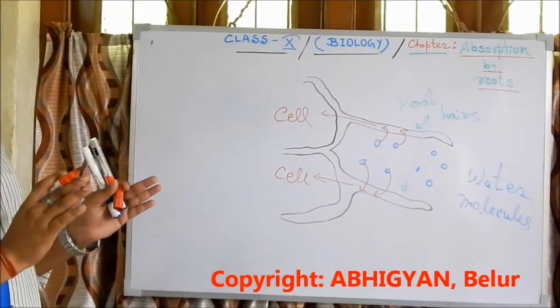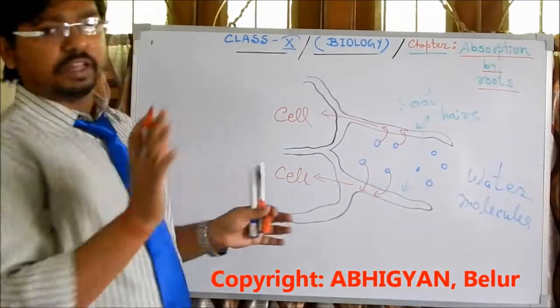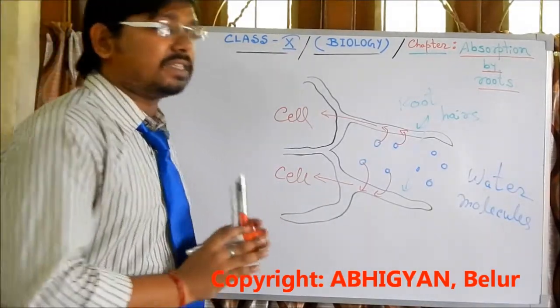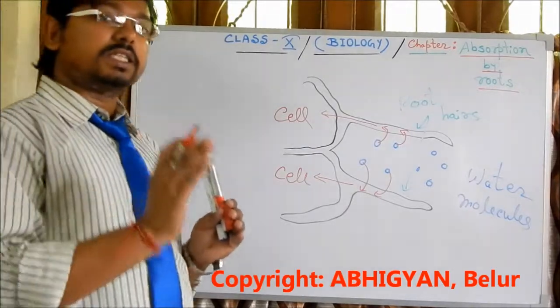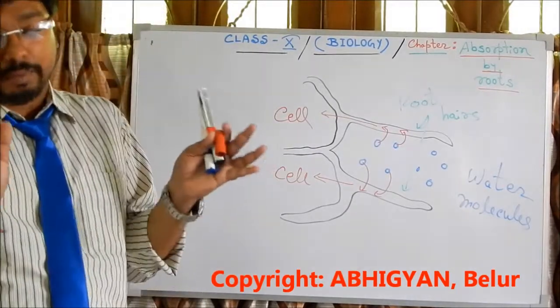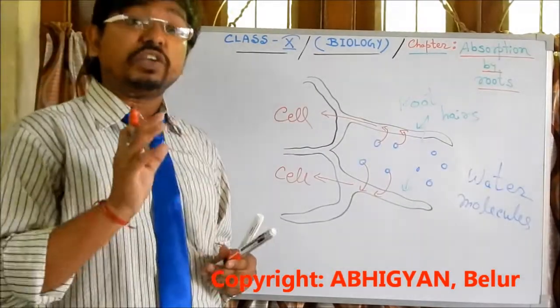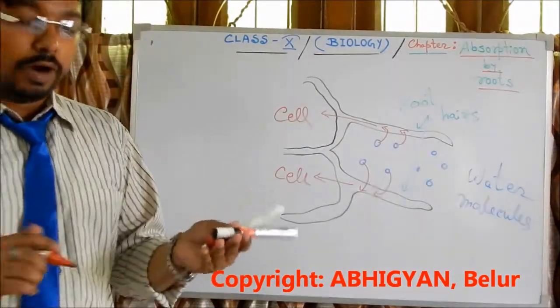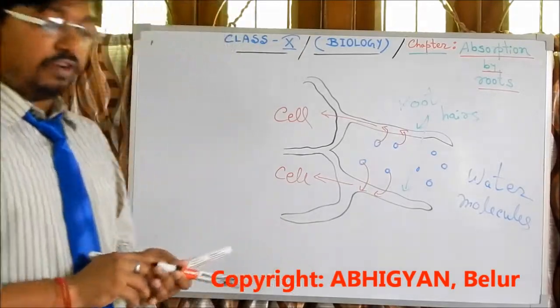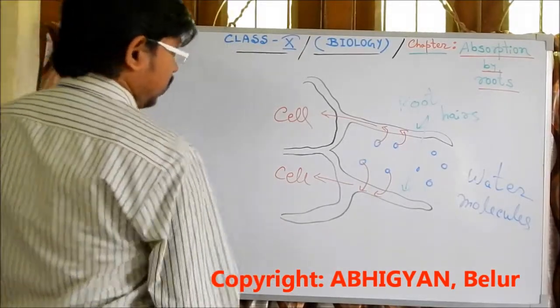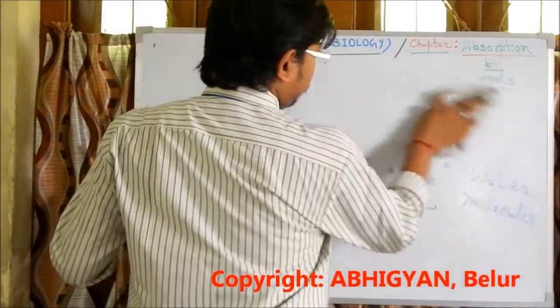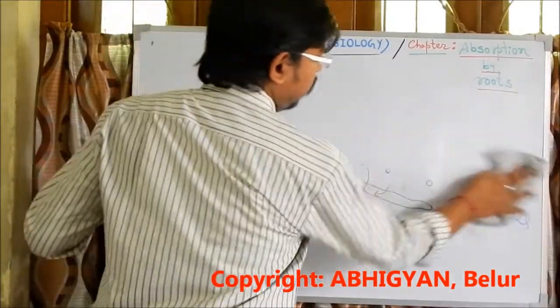Now we are telling absorption by roots very easily, but it consists of several different kinds of physiological processes. Now what are those? We are going one by one. First of all, it is diffusion. Now what is diffusion? Diffusion is a process where